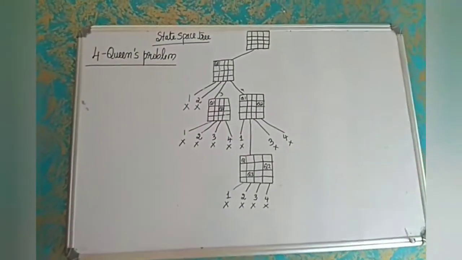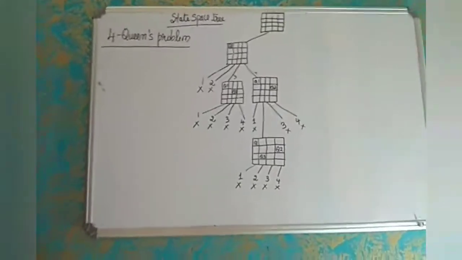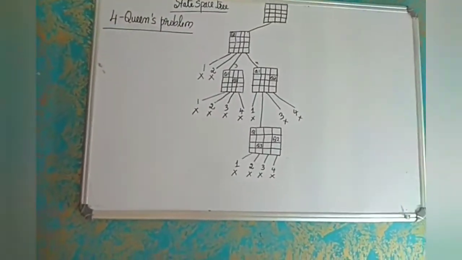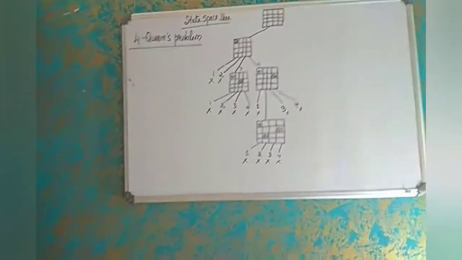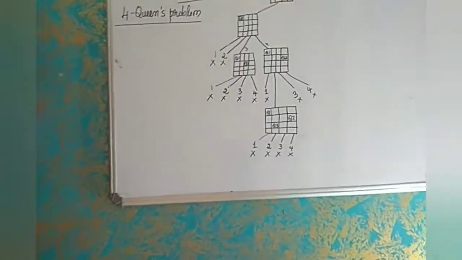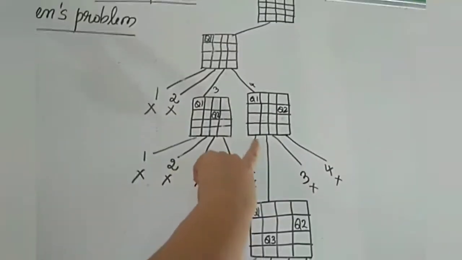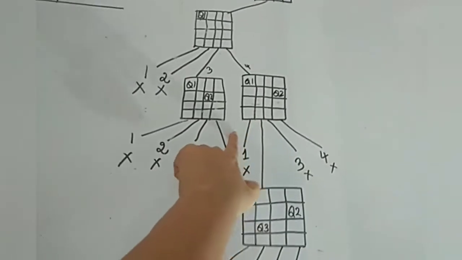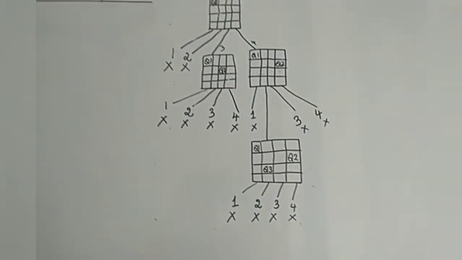Now check whether you can continue with the solution. Continuing the solution means you have to check whether we can continue with the third queen. Now where to place Q3, the third queen, on the board? Check whether we can place it in the first column. We have four options. First column, not possible. Why? Because in the first column there is already Q1.